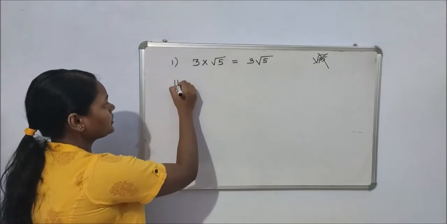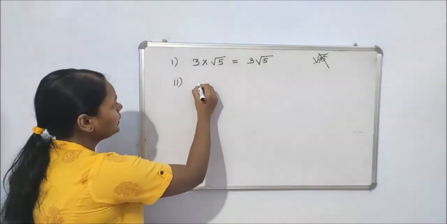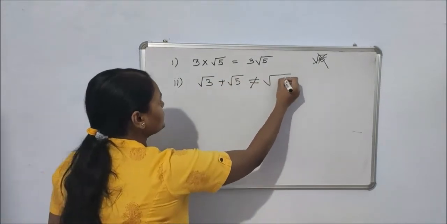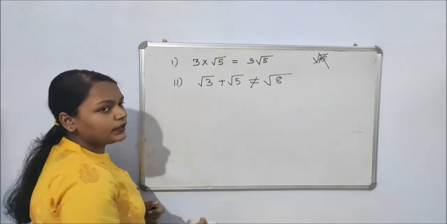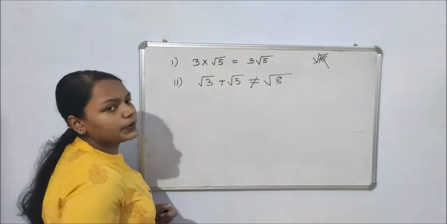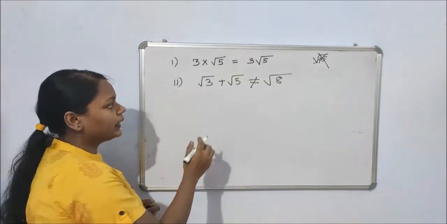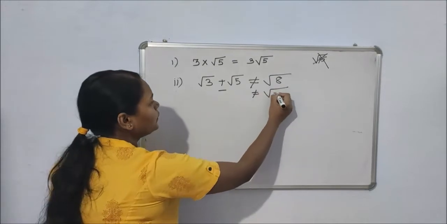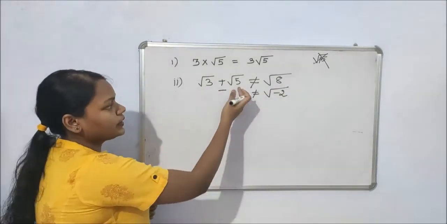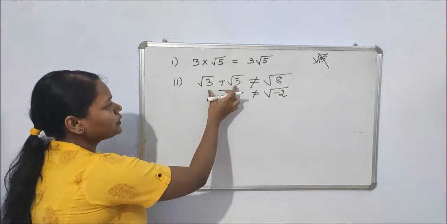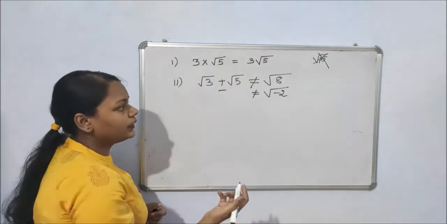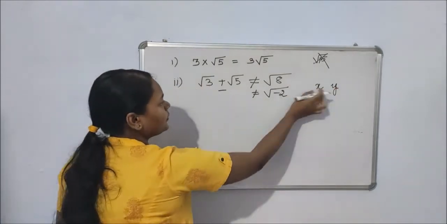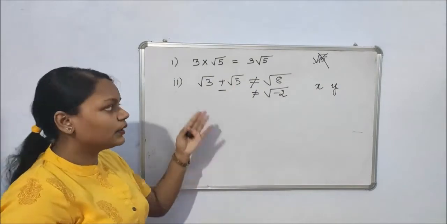This is the first case. Second example you can see. If root 3 is added to root 5, you will not write this as root 8. These two are separate irrationals, so they will not combine to give root 8. Same will be applied for minus as well. This will not give you under root of minus 2 because 3 minus 5 is 2. Simply it's not happening like that. So if they are given, they will be treated as variables x and y. Suppose this is x, suppose this is y, you will treat them as separate variables. They are not like terms.